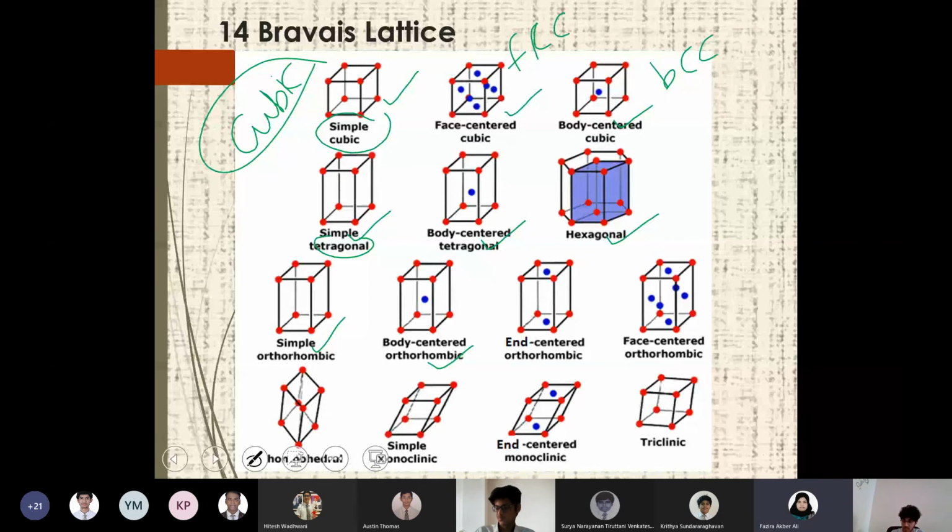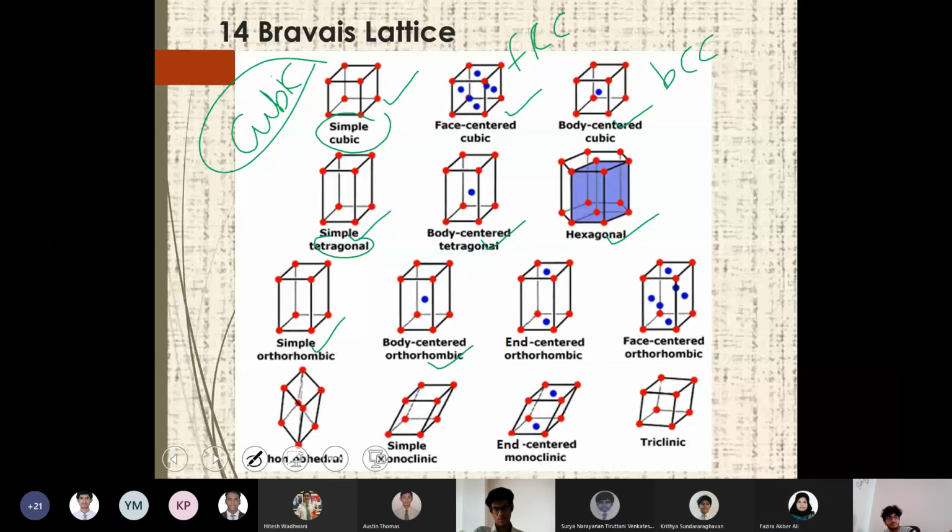Together there are 14 ways of arranging particles in the 7 crystal systems, which is known as 14 Bravais lattices. Here, as I said earlier, we are only focusing on simple cubic and centered cubic arrangements, only for the cube. That is BCC, FCC and